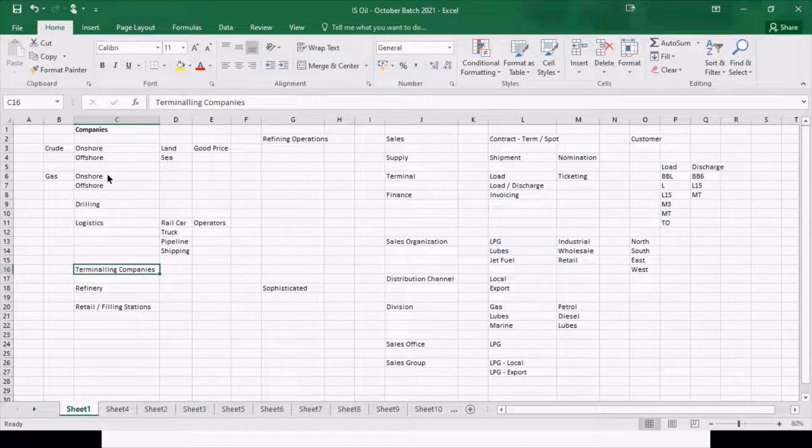Now I cannot have all these in one company, right? Because the activities are different: drilling activities are different, logistics activities are different. When you drill, put some rig, do some production, you want to recognize the revenue of onshore separately.